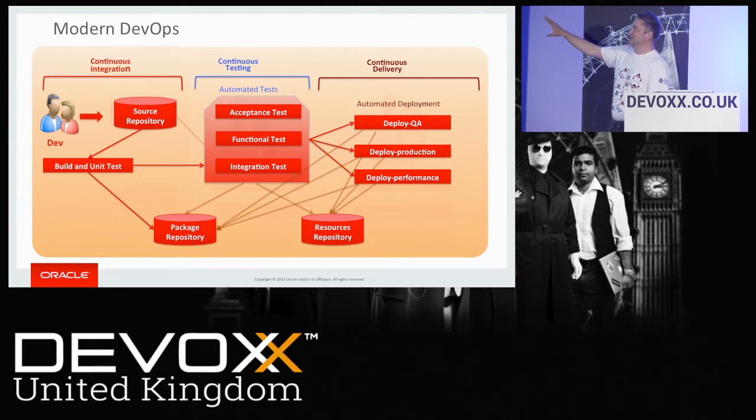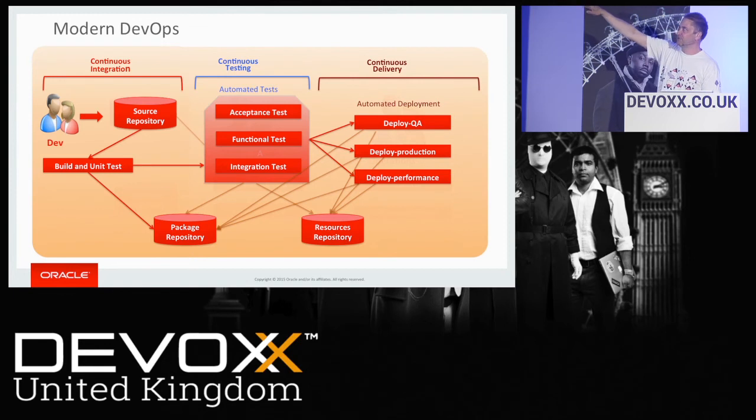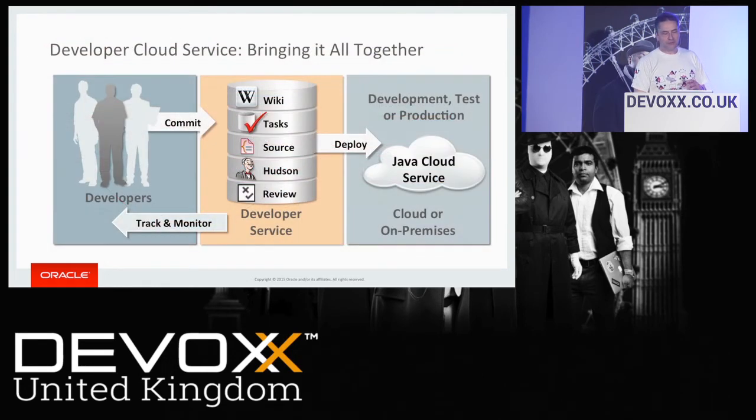Things have moved on since then. So we do have continuous integration. We push into a repository, that gets built automatically. That can get pushed into a package repository. We can push it into testing so that the testing can be run automatically in terms of acceptance testing, functional testing, and integration testing. And then that gets pushed out into the production environment where we can have monitoring of performance. We can have monitoring of how the system's running. So this is much more the modern approach. And that fits in very well with the idea of the cloud.